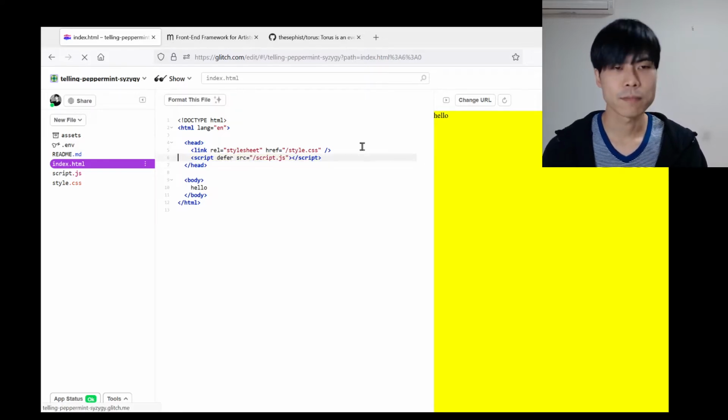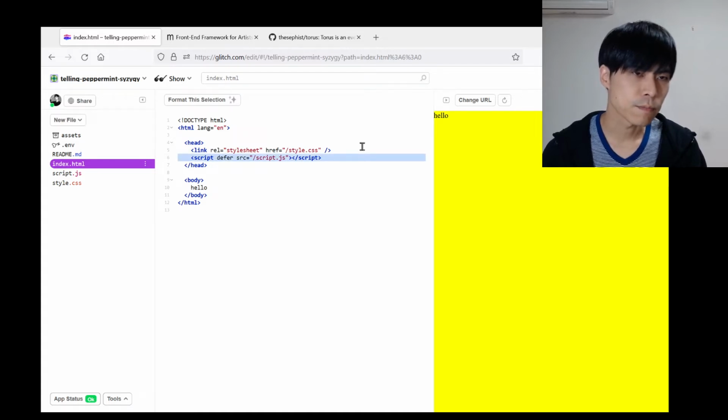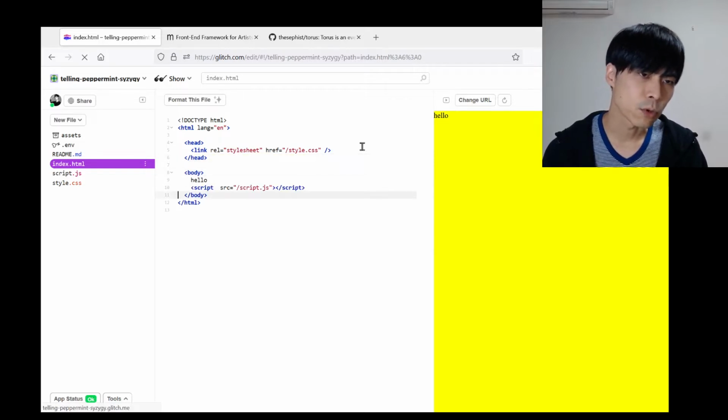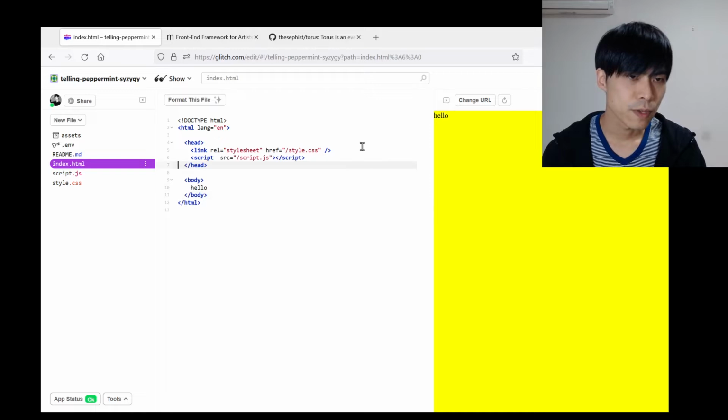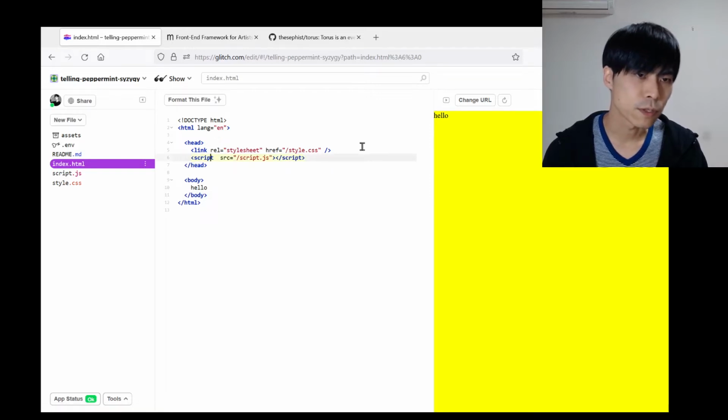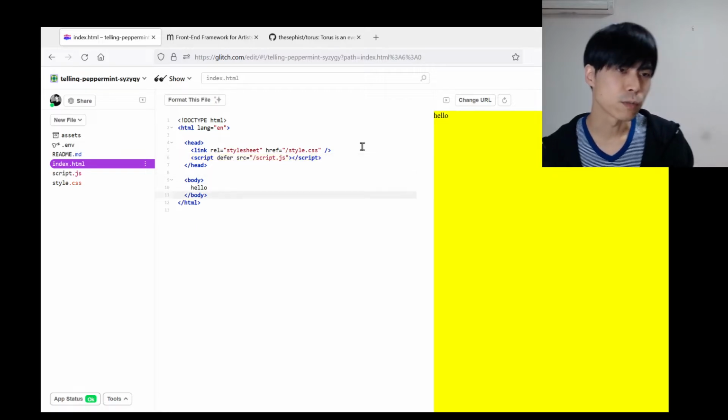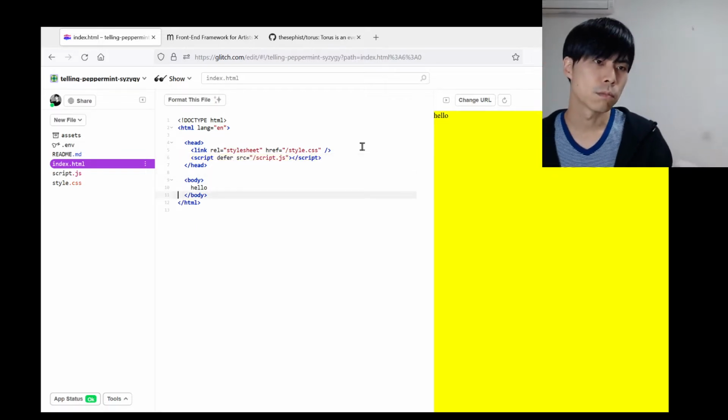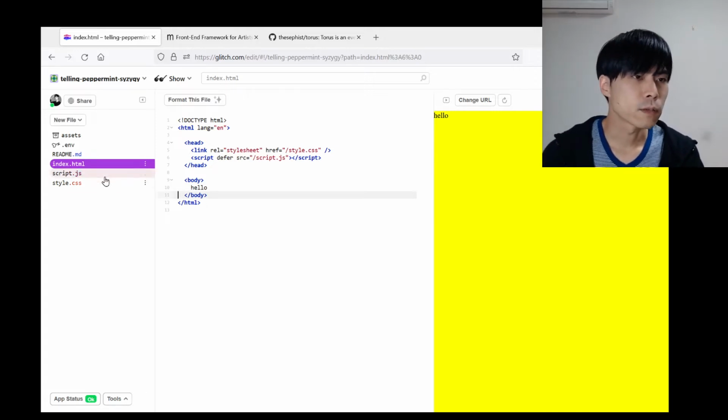So I don't know if I explained last time, but usually you want to load the script after everything is loaded, and it's problematic sometimes if you use this in the header. I think some tutorials use it at the bottom of the body. Either way, if you put it in the header or head tag, you put defer. It doesn't matter if you put it at the bottom of the body, but basically I have to do this,